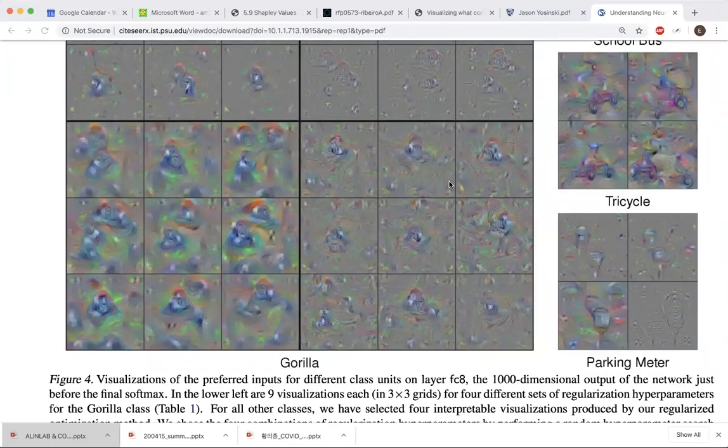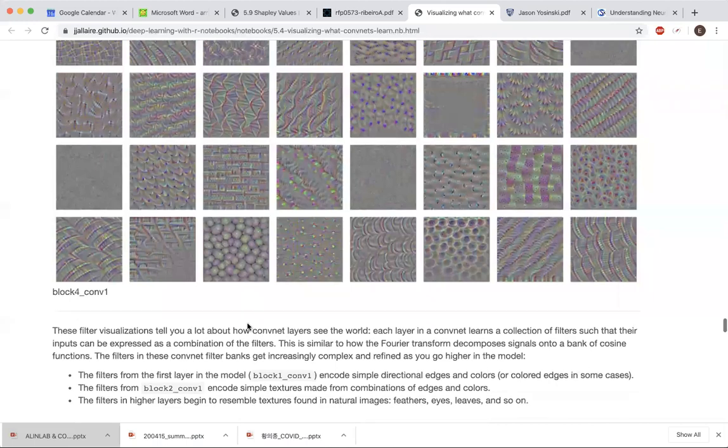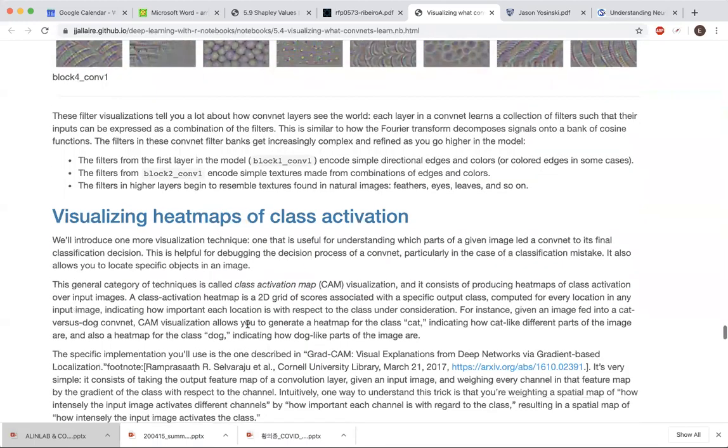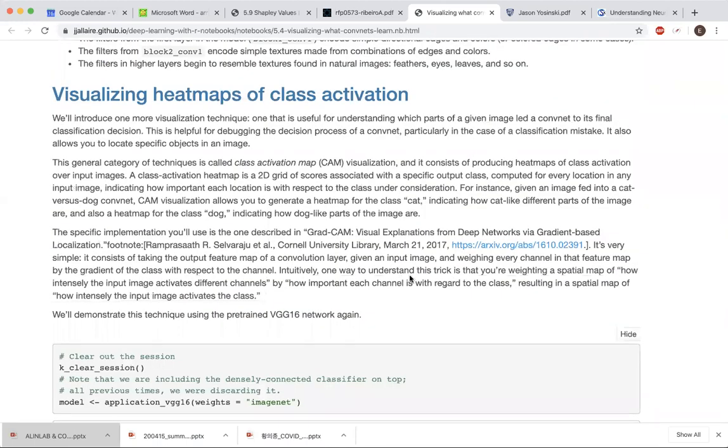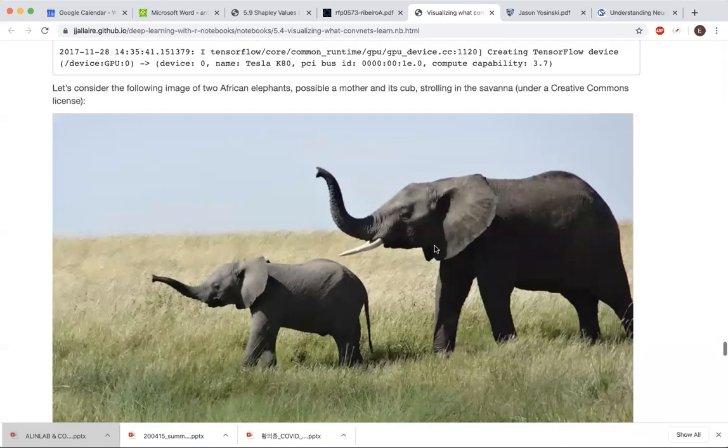So the last part is the heat map. So this is a bit new. This was proposed, I guess the idea was floating around, but the most popular approach for doing a class activation heat map, or class activation map, CAM, is from back in 2017. And the algorithm is not that important. We're not going to learn the algorithm, but what we can do with this algorithm is that